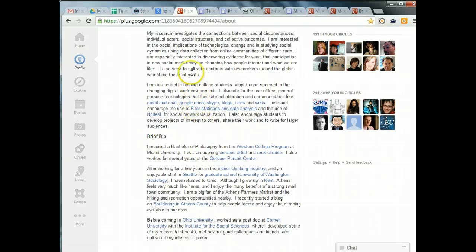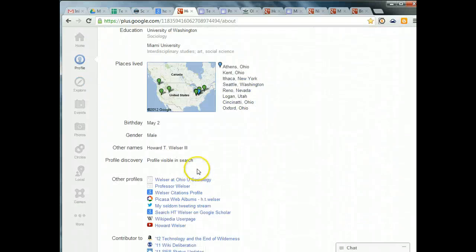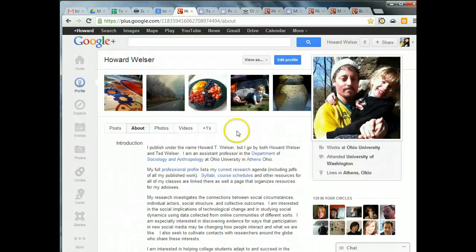It makes it easier for you to find those things, so you can use this as a start page in a way. And then the other profiles and things here could be integrated too, like if you have a profile at LinkedIn and stuff like that. If you already have a profile at LinkedIn, you could just copy some of the content from that and put it here. One of the advantages of having it in both places is that you can't view profiles in LinkedIn unless you're logged into LinkedIn, whereas you can view profiles here. They can come up in search results, so it makes you a little bit, or actually probably a lot easier to